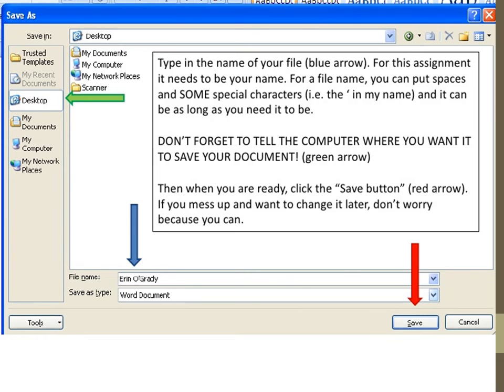If you want to save your document on the desktop, just click on the desktop button. The green arrow shows that you want to save the document on the desktop, and once you have written your name and chosen the location, just click the button save, then your document will be saved.